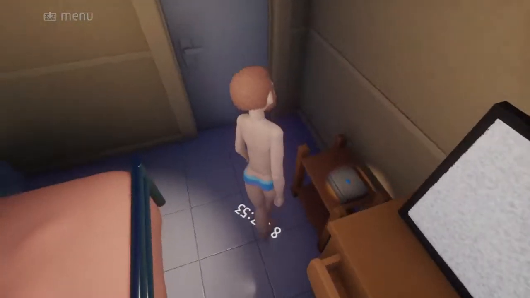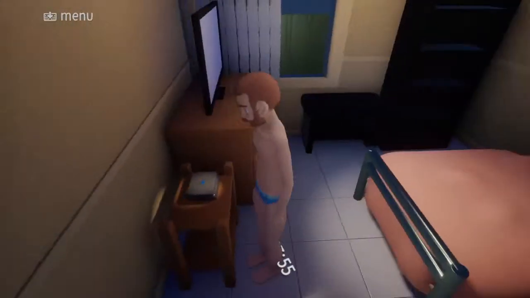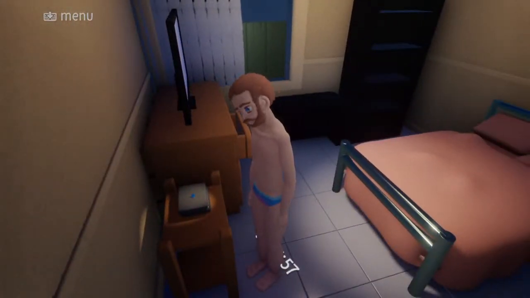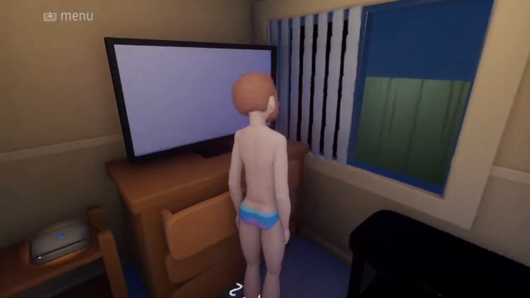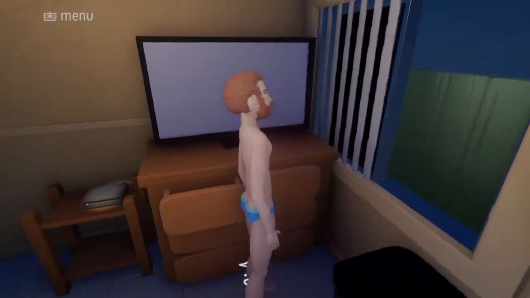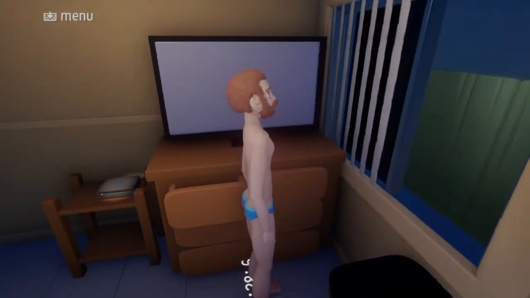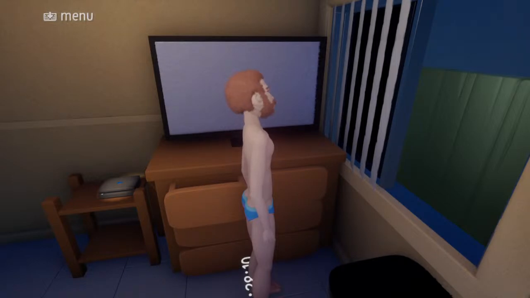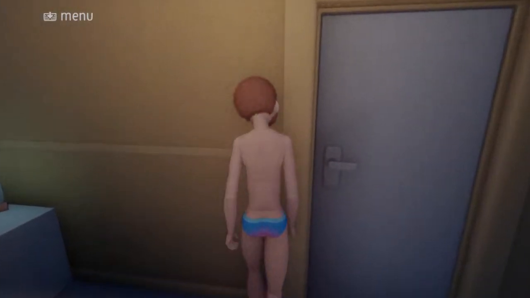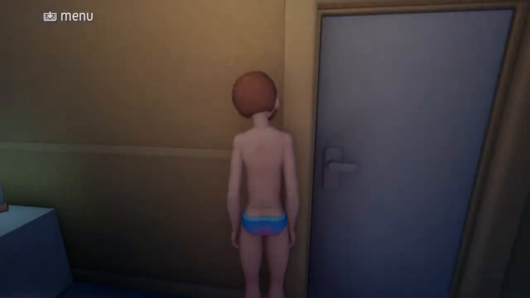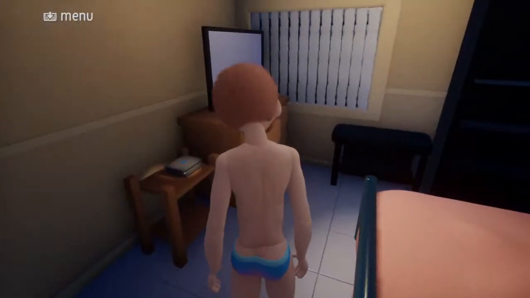Have things around the environment you can click on. It doesn't matter what it does, but it's an interaction. So you can turn on the PlayStation, turn the TV on and off, open and close the window. Now obviously I've got the window and the curtain together. I could have separated that, but I didn't. I put them together. Open and close the door, and turn the light on and off.